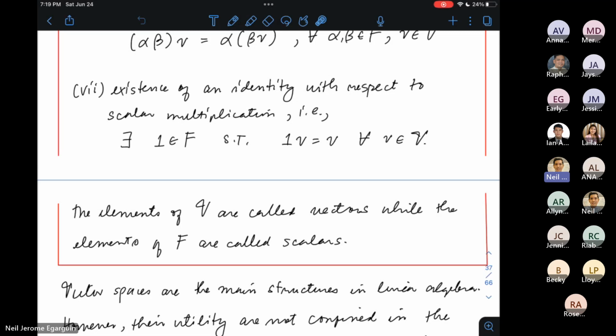Kasi ang kailangan mo lang pala para magkaroon ng isang vector space ay isang field at saka isang non-empty set na may dalawang operations, vector addition and scalar multiplication, satisfying all 7 properties. So, makakita tayo mamaya ng mga examples ng mga vector spaces na hindi katulad or hindi nakaporma katulad ng mga vector spaces na natutunan natin nung undergrad. All right? But I hope everything is good. The definition is clear. Is that fine?